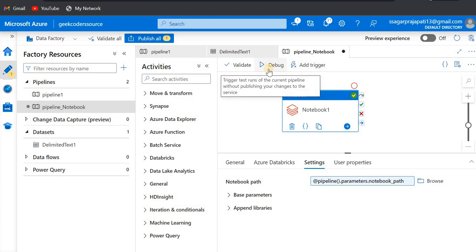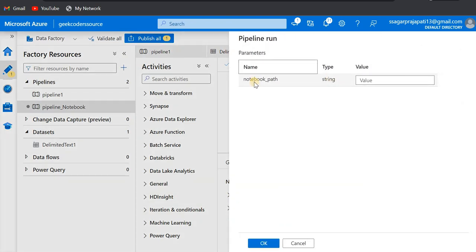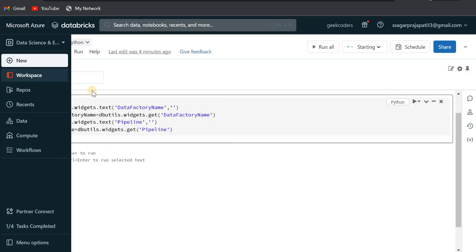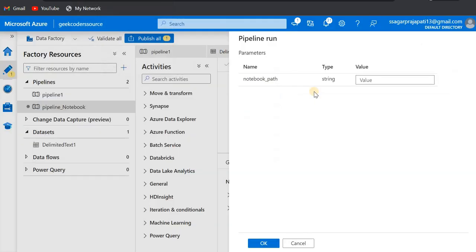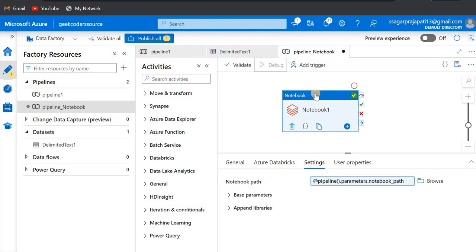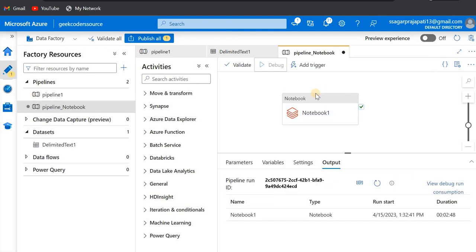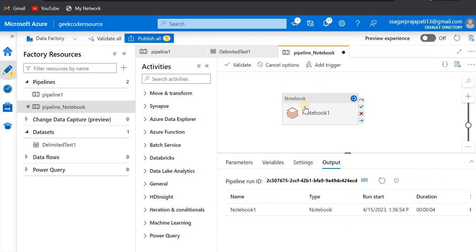Then if you click on this debug button, first it will ask for the parameter, the path name. So what you do is copy the file path and paste it over here. What you are doing now is saving multiple notebook instances. Suppose I have 5 notebooks and you want to run them, you would have to create 5 notebooks